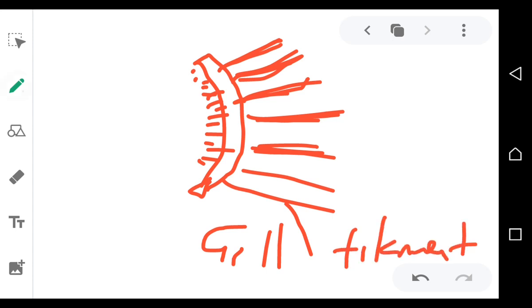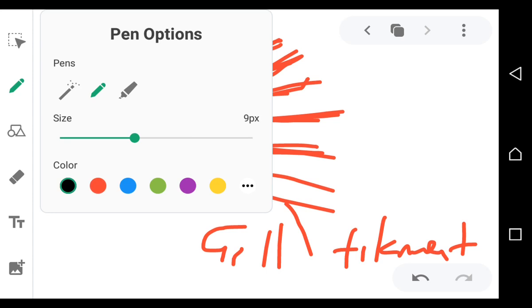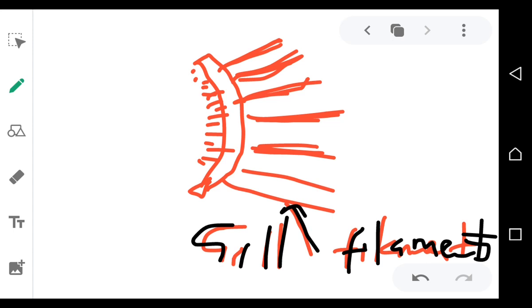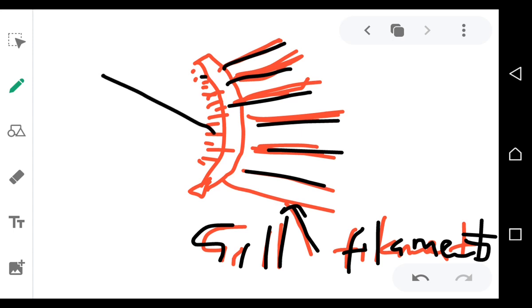Gill filaments. Okay? All these are gill filaments. That's how they look. And then these ones that look like small hairs,